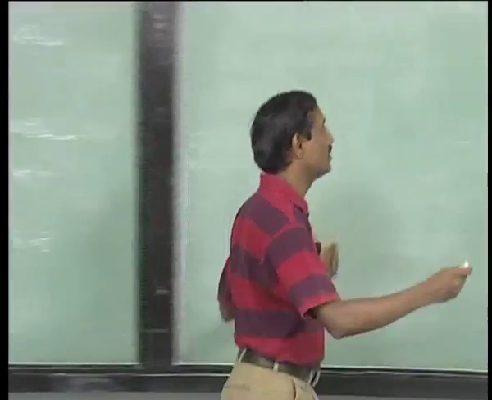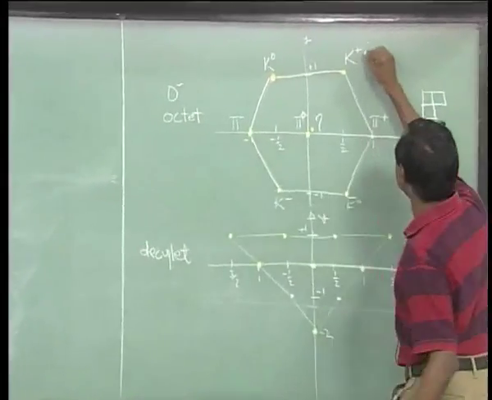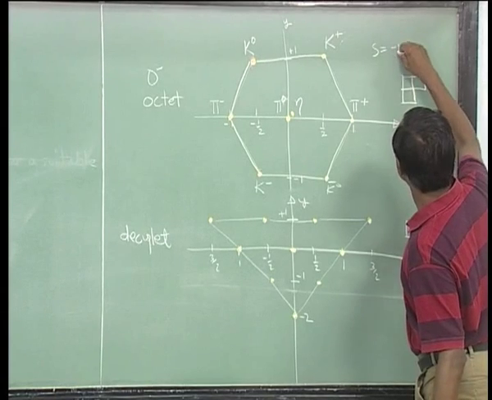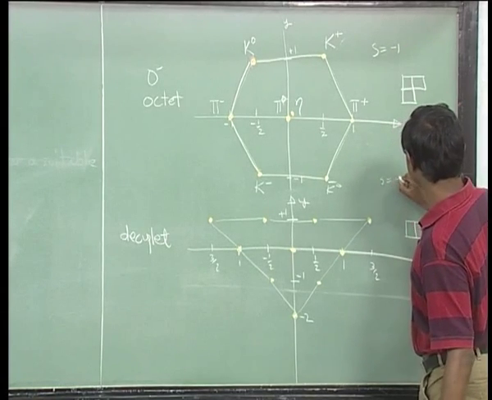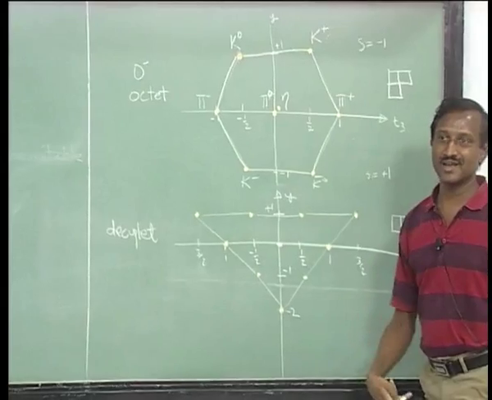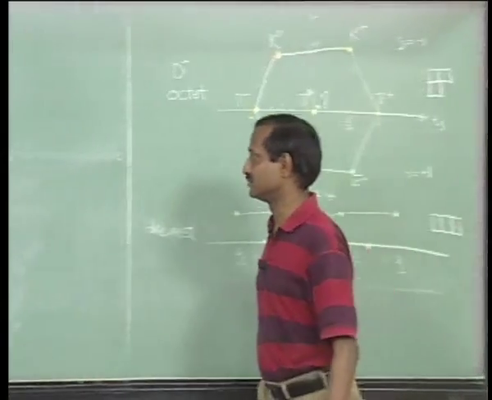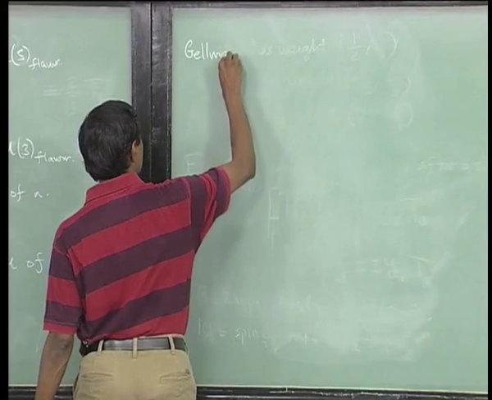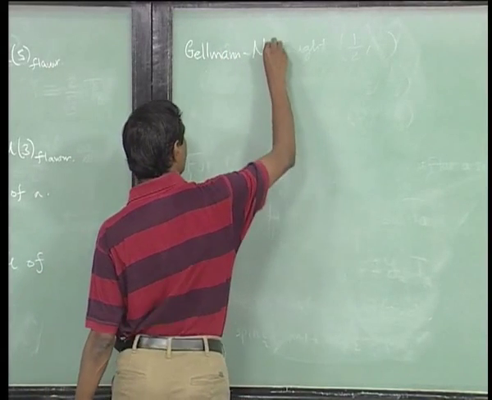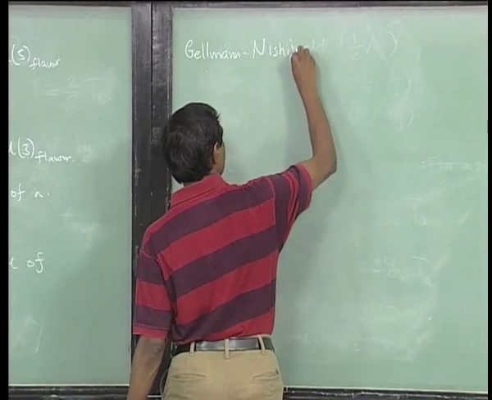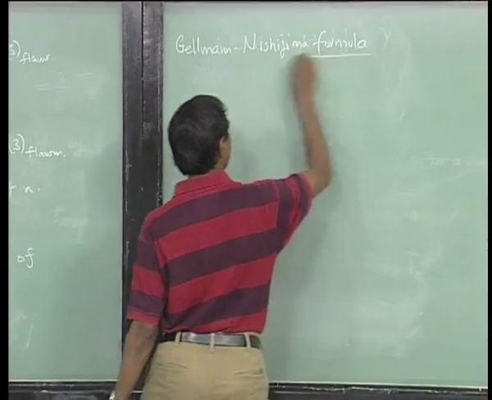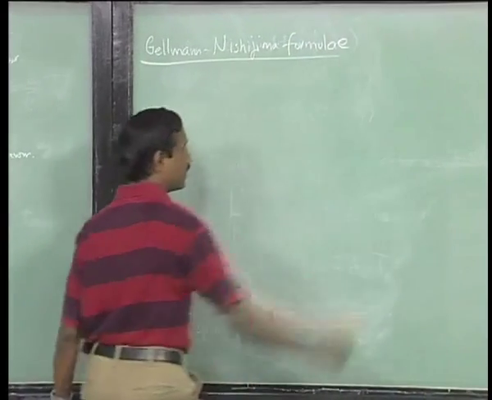So I will just write out for you what the strangeness is. So this contains, this turns out to be S equal to -1 and this turns out to be S equal to +1, goes in the opposite direction, does not matter. Okay. So the formula was